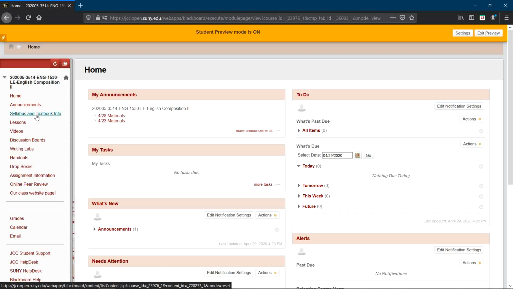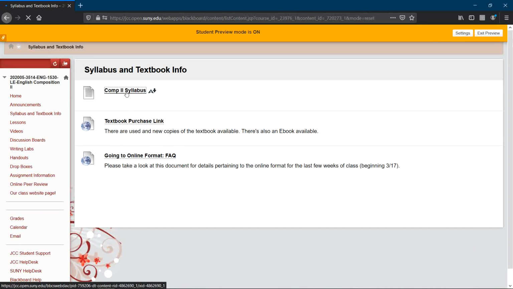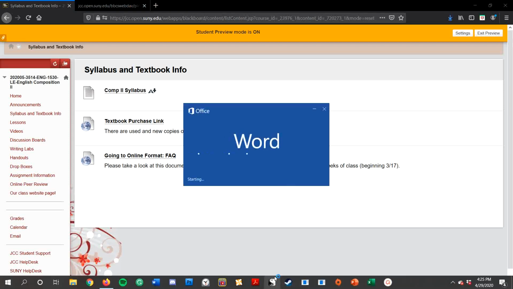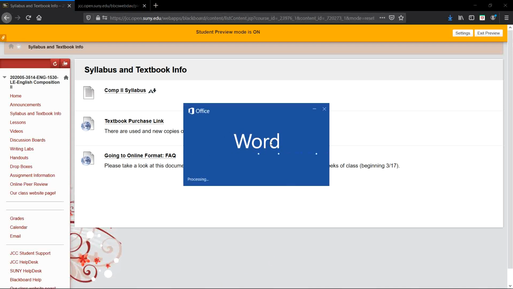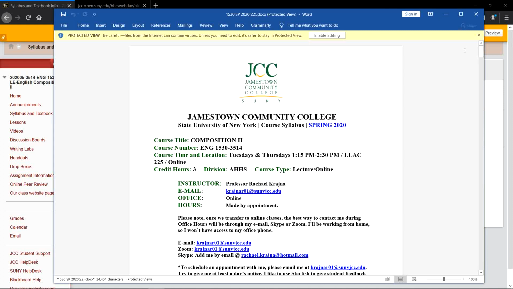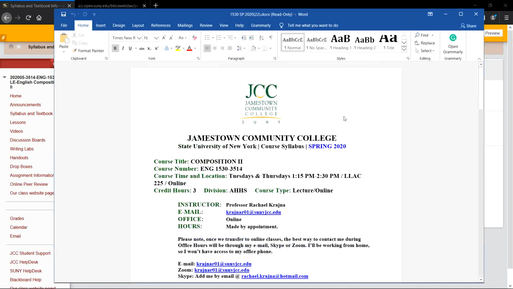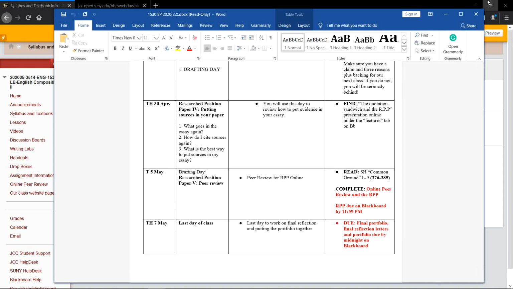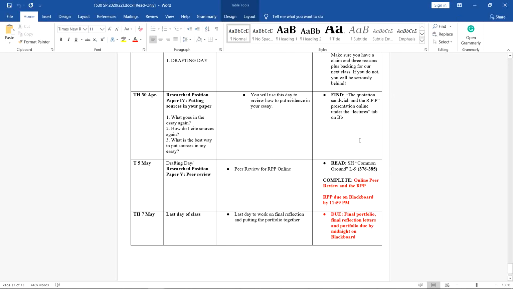Anyway, the first thing I want to do is, of course, open up our syllabus. And this is under the syllabus tab, as always, in the Comp 2 syllabus that I have revised apparently 22 times, but no surprise there. Okay, so this is where we are at in terms of our schedule here.